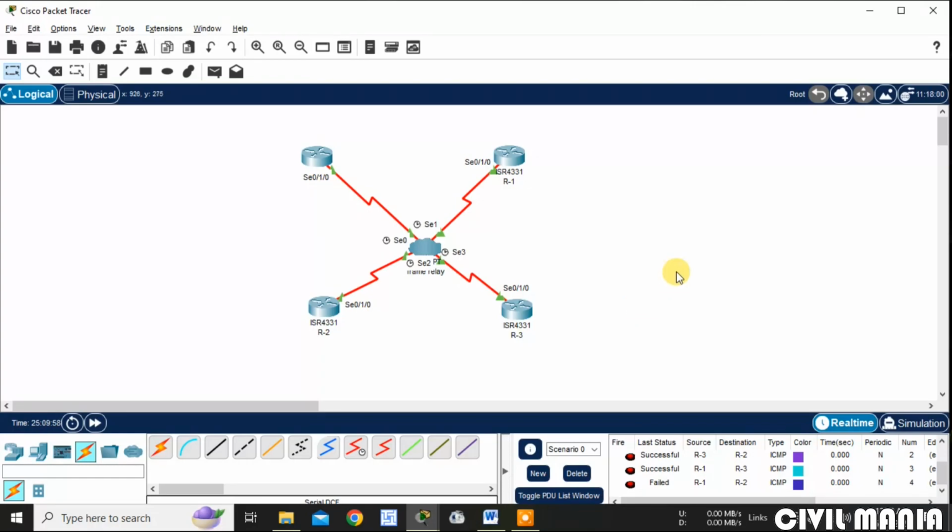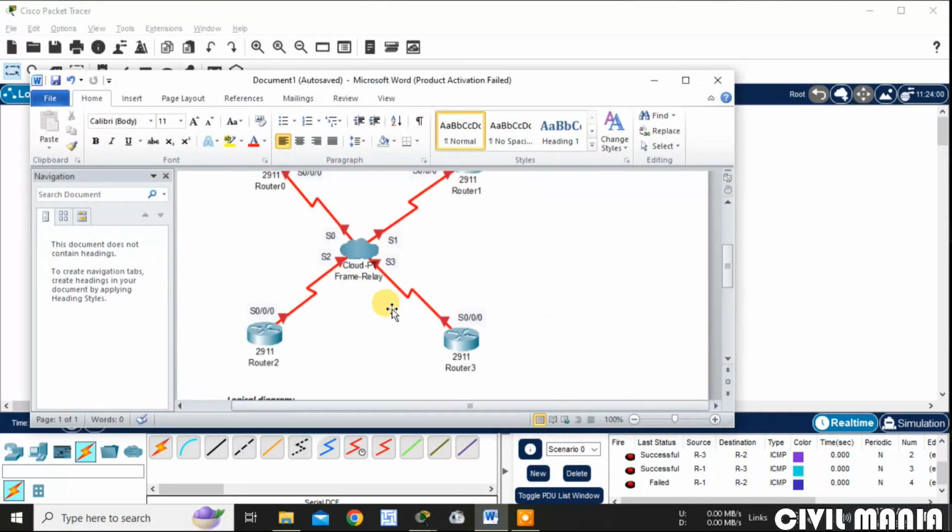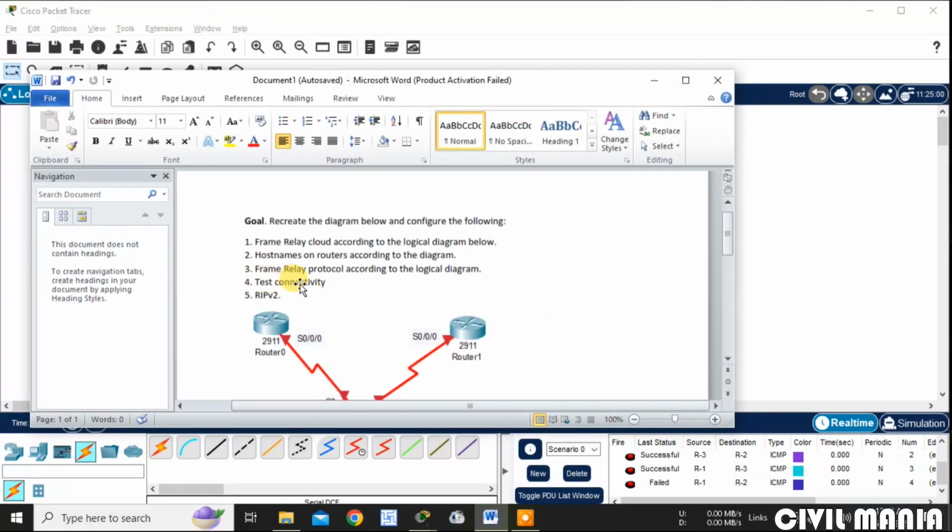So as there is no communication, as you can see here, from router 1 to router 2, the communication has failed, or the ping has failed. So you can provide static routing or dynamic routing. But here, as per this exercise, as it's test day connectivity, I have checked the connectivity, it's clear.